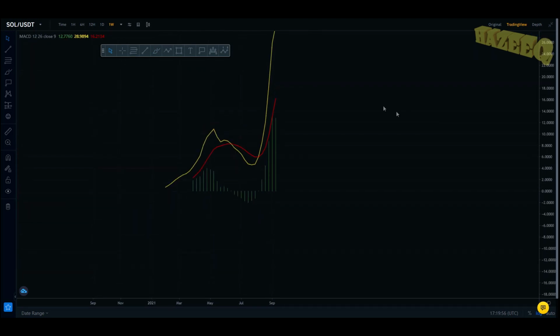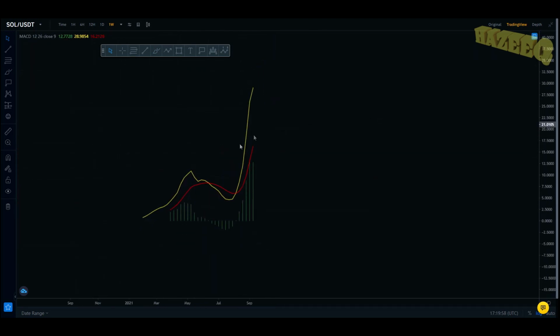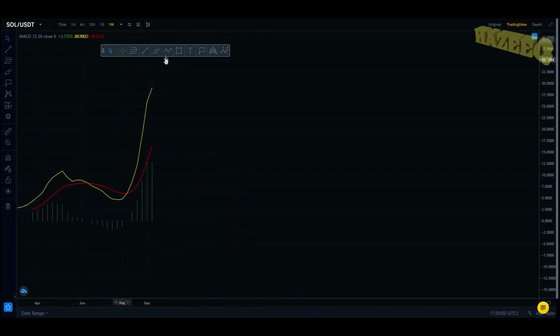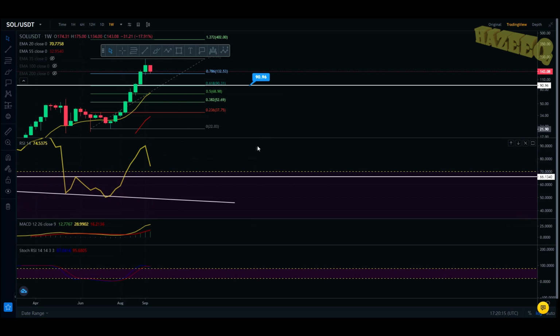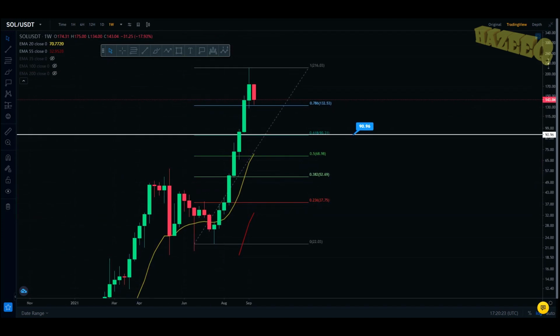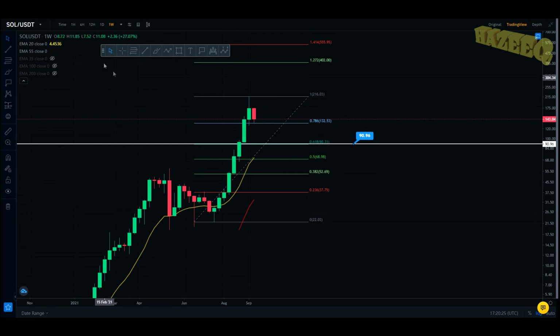The MACD is very much overextended. The moving average is far away from the signal line, and this is a lagging indicator. So the price has already started correcting, but we still haven't had the bearish cross. That's because this is a lagging indicator. So you can keep an eye on the MACD for confirmation of the trends. So when we start coming back up, we won't have the bullish cross on the MACD straight away, and we're just going to have to wait a couple of days for the confirmation on MACD after we start the